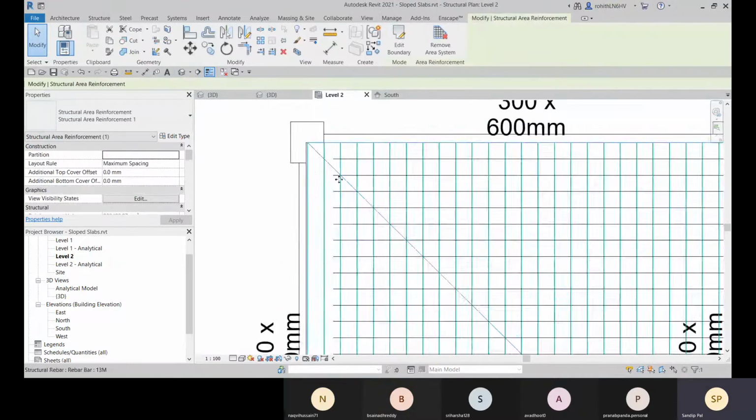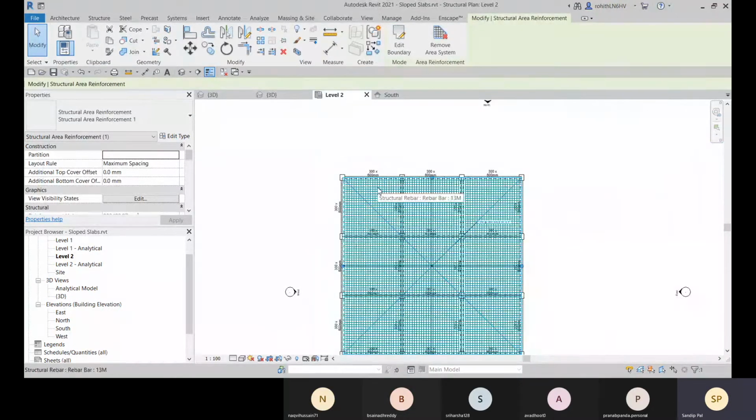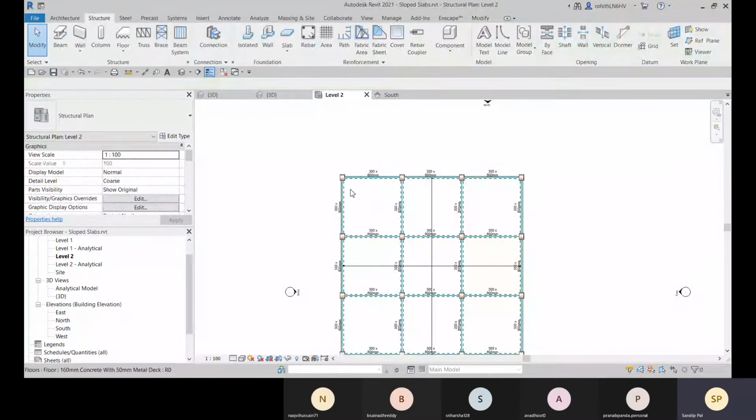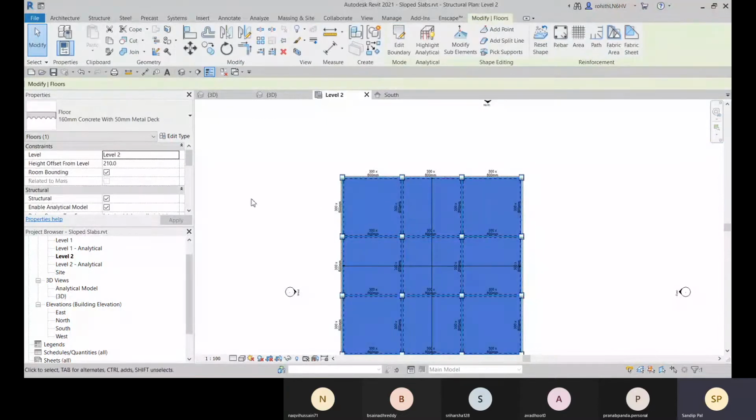Let me delete it. Let me select this floor.